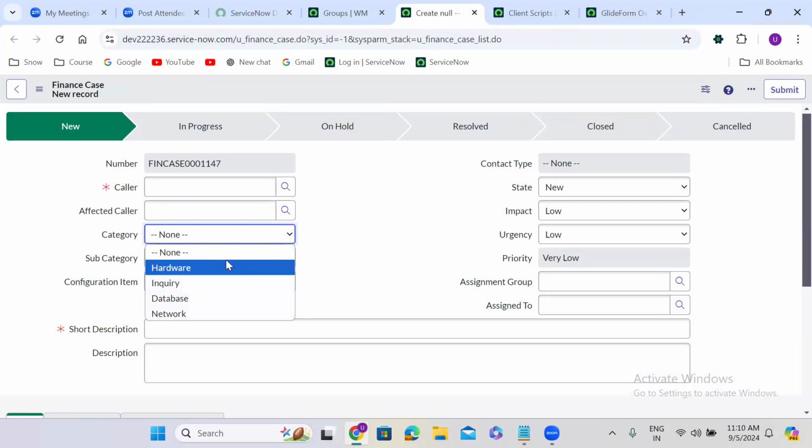Do you see software option here? Software option is removed, guys. Okay. Software option is removed. So if I want to show a new option